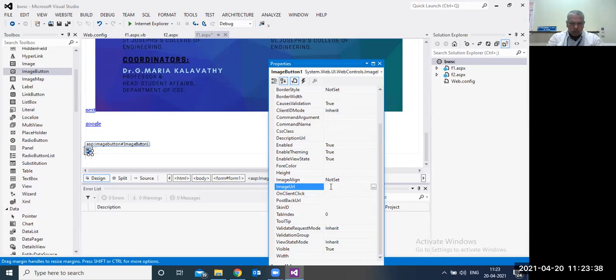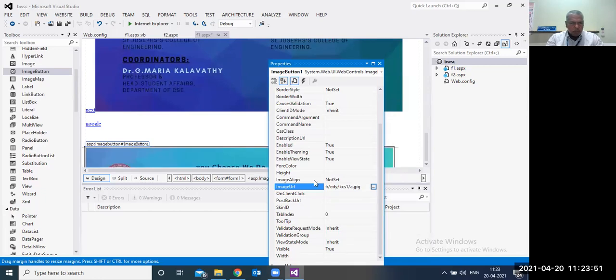Image URL. Here also I'll put the a.jpg path.